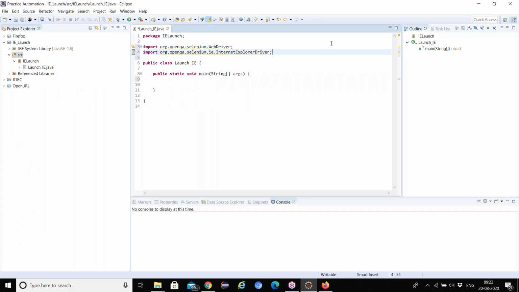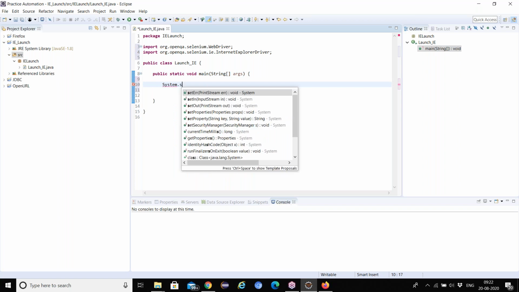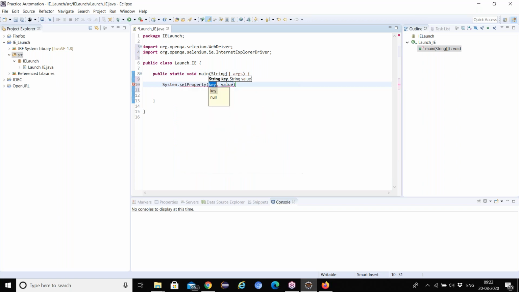Now you need to write System.setProperty, with capital S. Set property key in double quotes. What is the key for this one, guys? Anybody? What is the key for IE? It is webdriver.ie.driver.